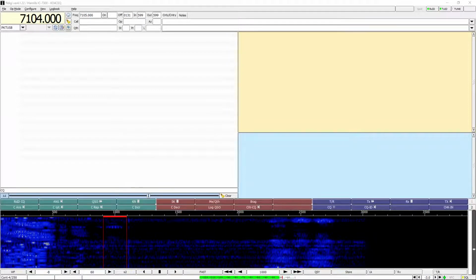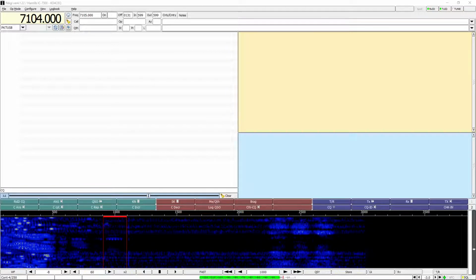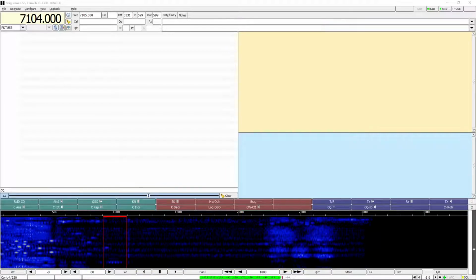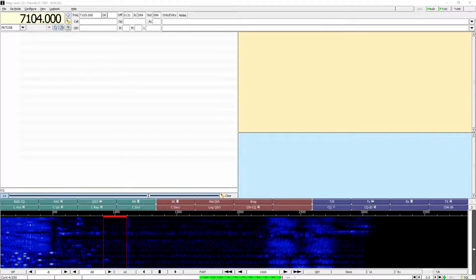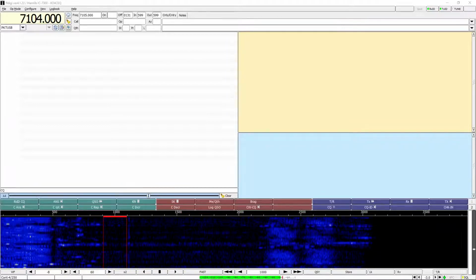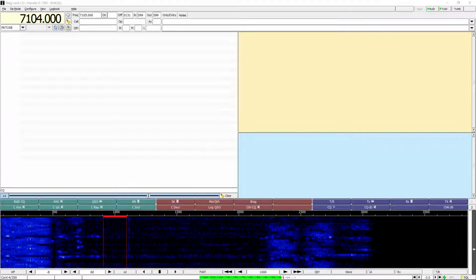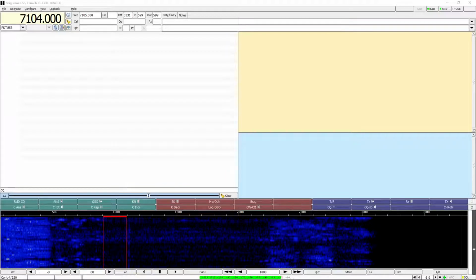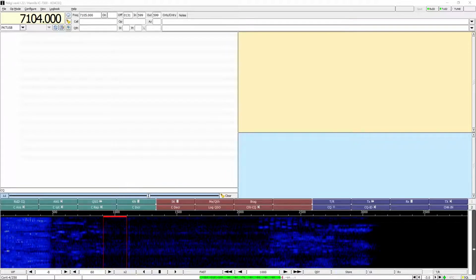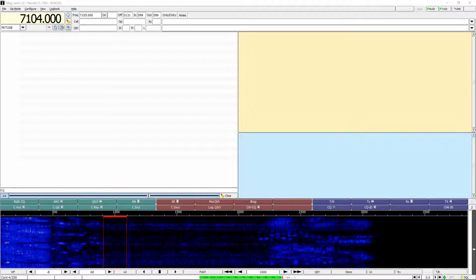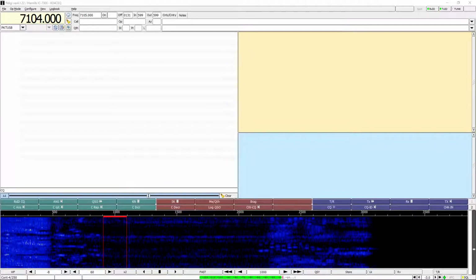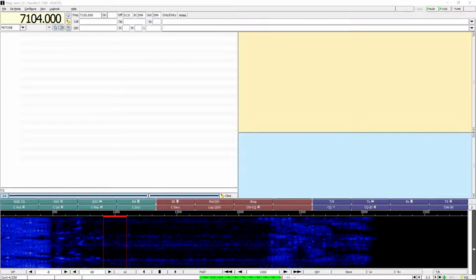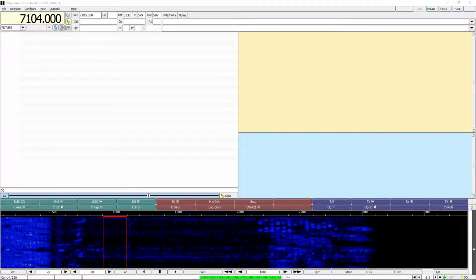You can use FLDigi on both the HF bands and UHF and VHF, as long as you can figure out a way to connect your computer to your transceiver. A lot of new radios have a very simple plug and play, where it's one USB cable from your computer to the radio, and some older rigs you may need a SignaLink or other TNC or audio interface in order to get the two working together happily. We'll go ahead and start this first video with just the basic configuration of the software,